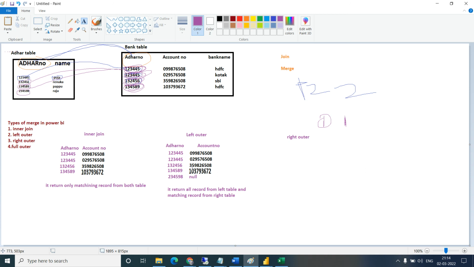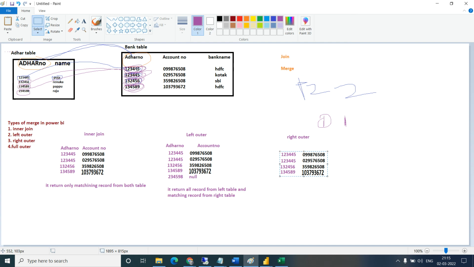Now what is the right outer join? All records from the right table and matching records from the left table. So how many records will you get? We will get only this. See, it will match from right to the left.